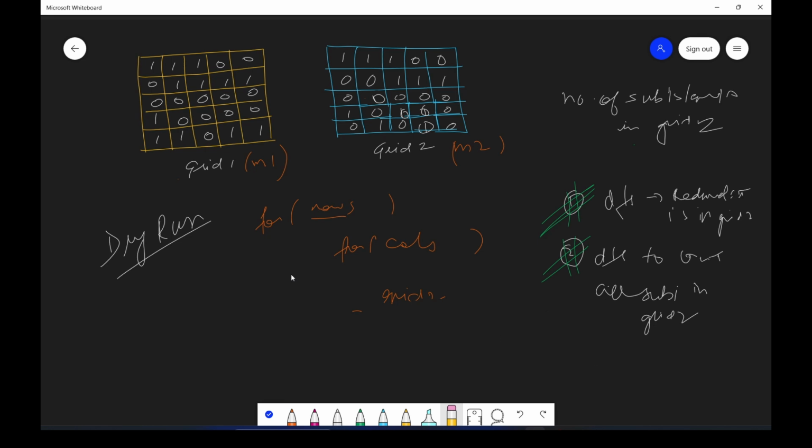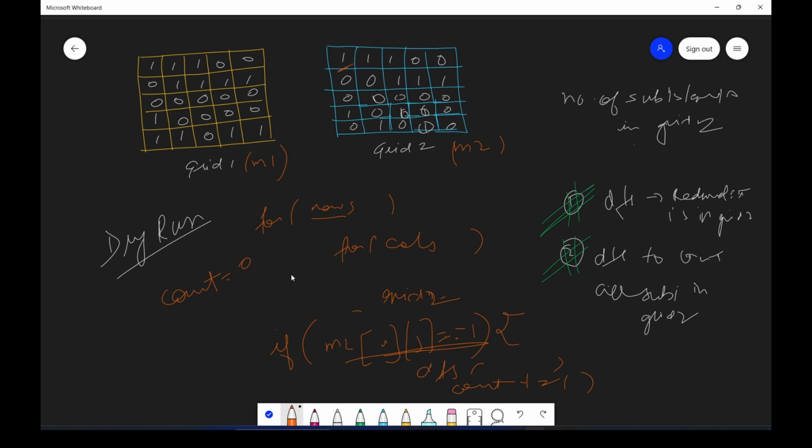Again you will iterate in grid 2, and if your [i][j] is 1, it means that can be a possible sub-island. You will call DFS basically, and you will have a count variable initialized to 0. Whenever you encounter a 1, you just increment the count.